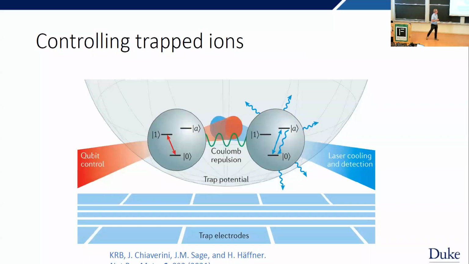So today I'll be talking about these trapped ion experiments. This is like a cartoon of what goes on with the trapped ion. So the key thing is the ions are trapped above in some kind of RF Paul trap. They have the ability to do detection by fluorescence. They have control through manipulating an internal state, and they have conditional interaction between the ions due to this Coulomb repulsion. And in this particular paper, we were looking at kind of materials challenges if you wanted to build better traps and have more control of these ions.